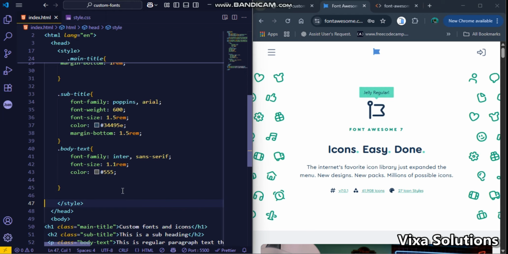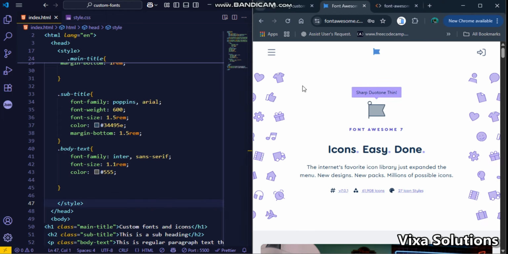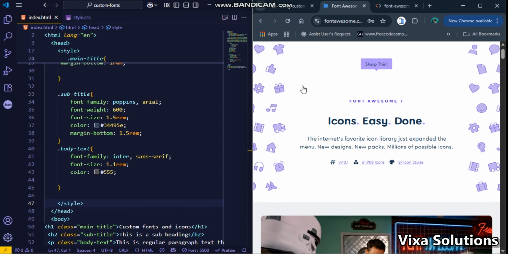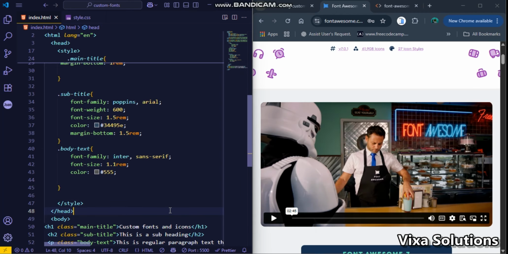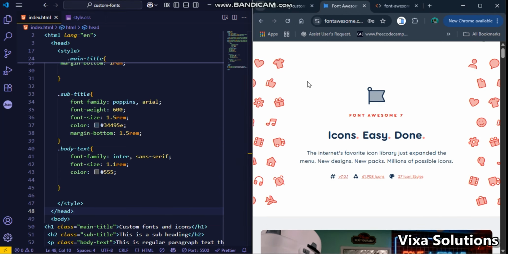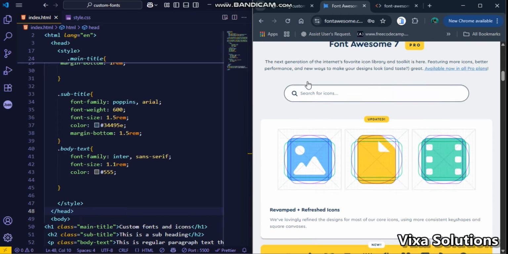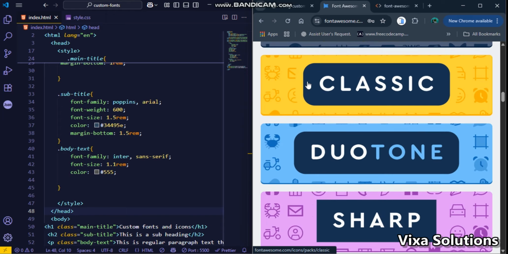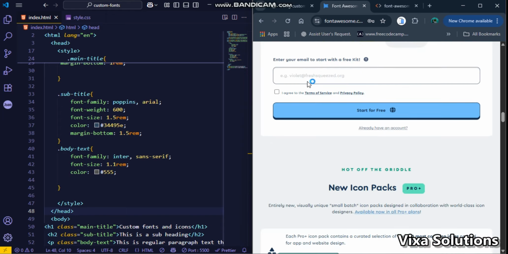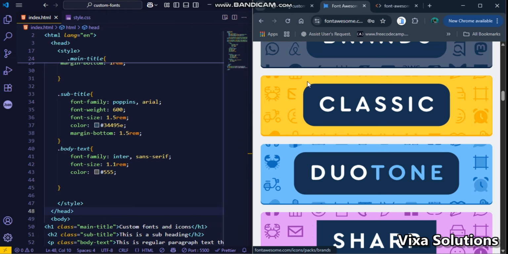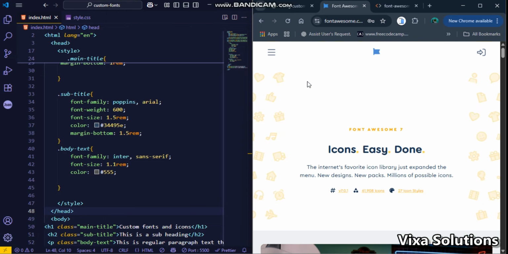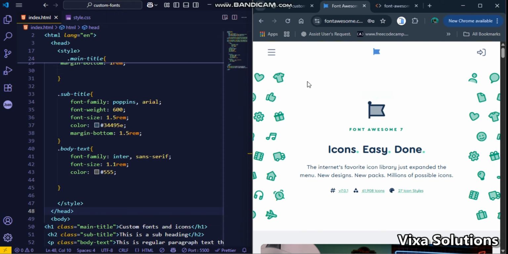So right now, as you can see, this is the website here. So you just go to fontawesome.com, okay, and maybe sign up. Actually, you don't even need to sign up. Okay, I'm gonna show you how you can do it. So the only reason you can sign up is maybe if you want to download it, right? So if you want to use it offline, you can also do that. But for this video, I'm just showing you how to do it using the CDN link, so the content delivery network. Okay,